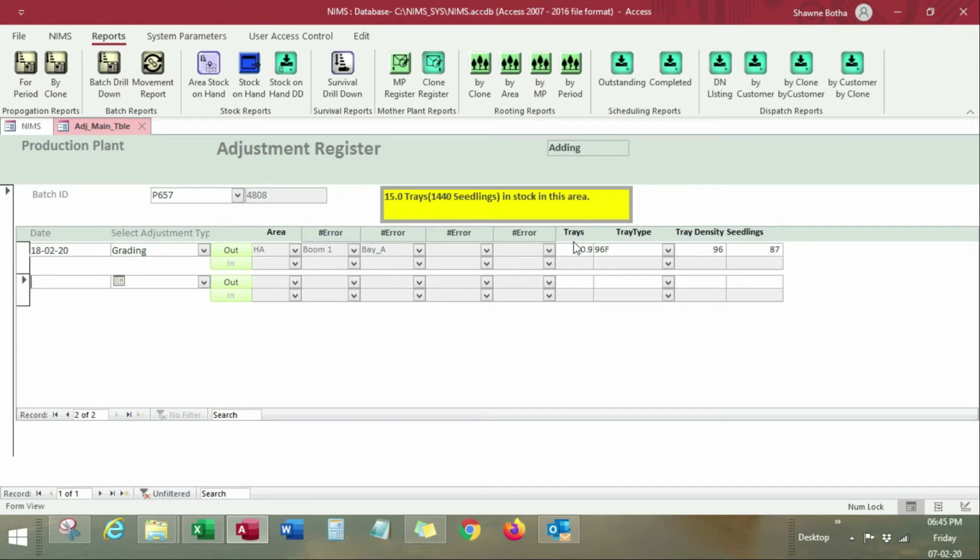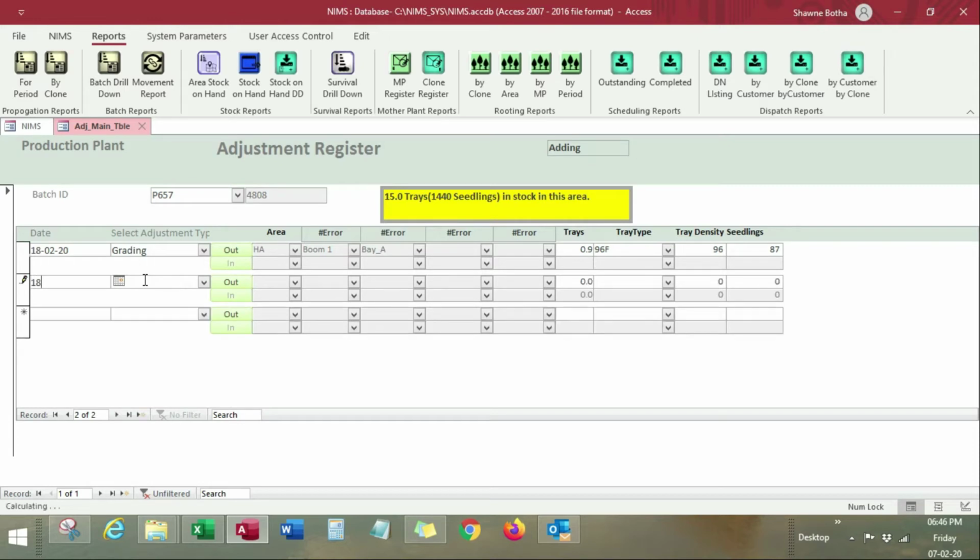Okay, so it's 0.9 trays, especially considering this generally happens with the redistribution. You would have grading there. So you've lost 0.9 trays, and then also on the 18th